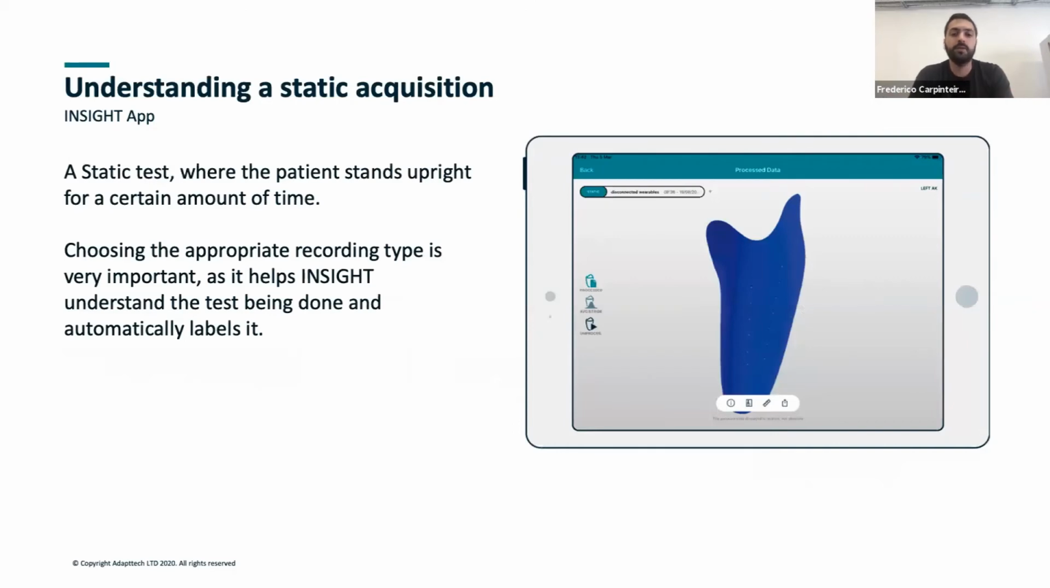The important thing here, just to explain, the static analysis is usually when you want to get the patient to stand upright for a certain amount of time and see how statically, when he's stopped and static, the pressure information looks like. Then you can label it, it immediately gets labeled as a static analysis. If you're doing a dynamic one, on the next slide,